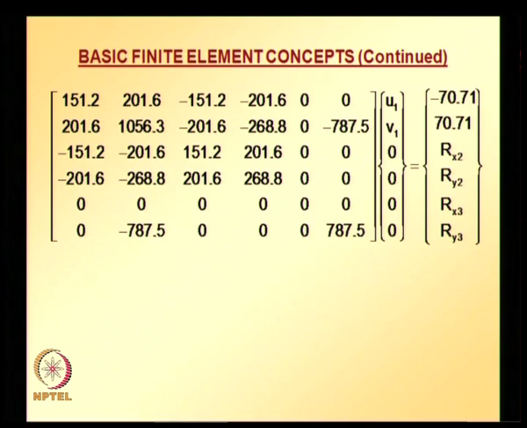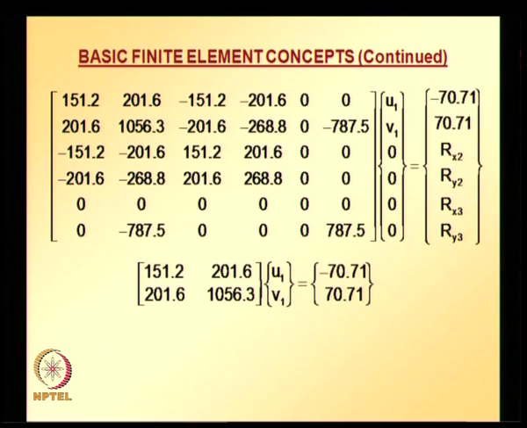and to solve this equation system, what we can do is we can actually ignore the rows and columns corresponding to 0 specified displacement. If the specified displacements are non-zero, then we need the columns corresponding to these specified degrees of freedom which are non-zero, but in this case we can actually delete the rows and columns corresponding to the degrees of freedom for which the value is 0. So we can eliminate rows and columns 3, 4, 5, 6. Deleting these rows and columns, we get a reduced equation system,